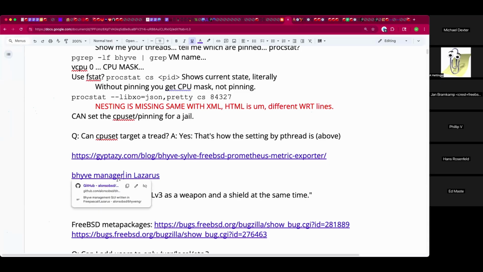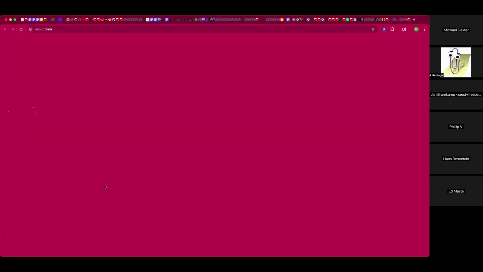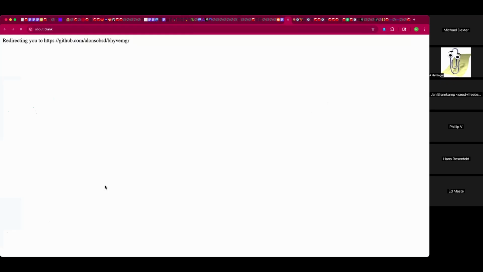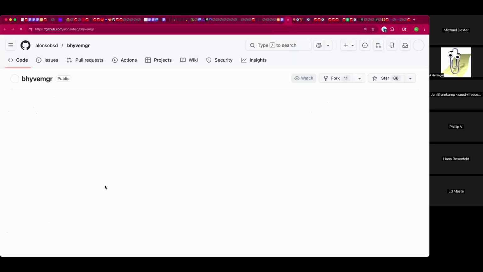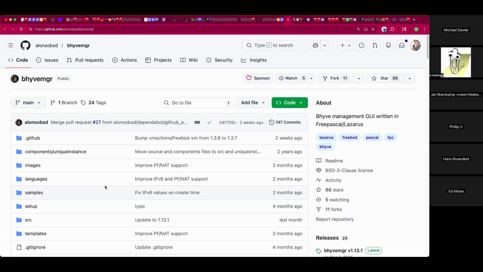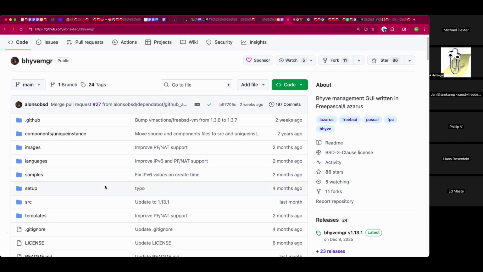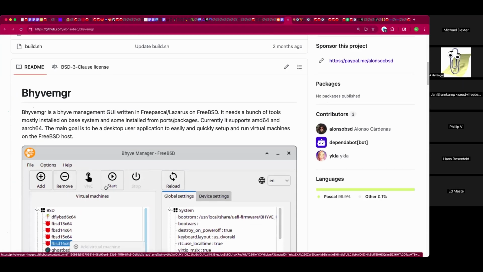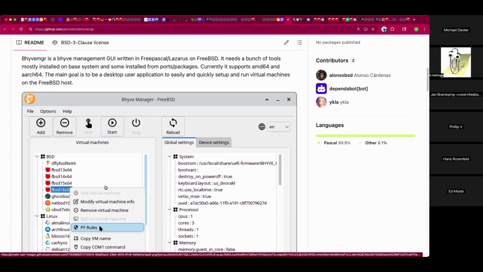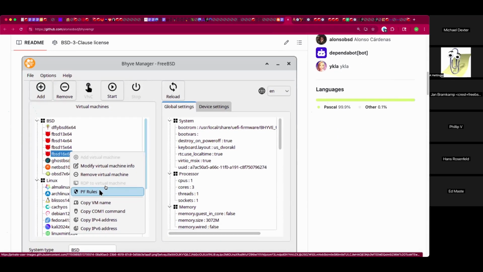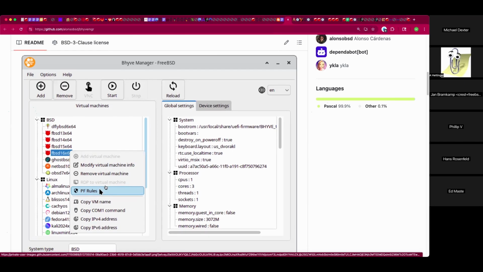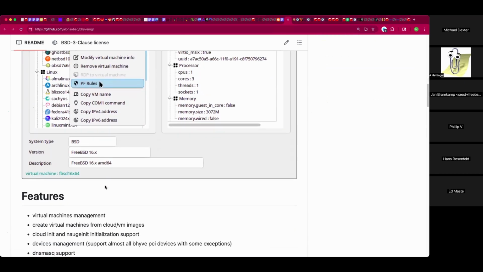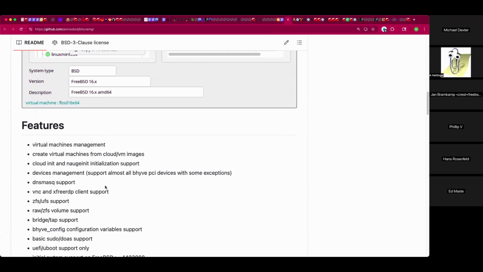Also, I was reminded of this bhyve desktop front end in Lazarus, was it Python? Pascal, was it? Another fashionable language. It's receiving attention. It has updates from 2 weeks ago. It is pretty. I don't know to what degree it uses the modern config file behind the scenes, but it looks a bit like virtmgr related to libvirt that Roman's been working on in conjunction with Hazem. So yet another option, and very fresh insofar as he's experimenting with FreeBSD 16.